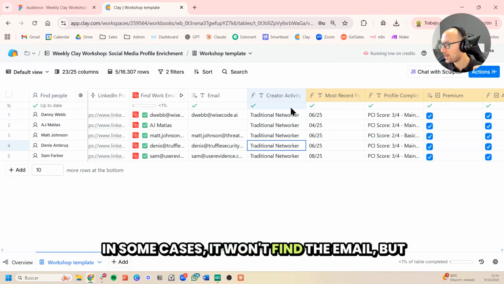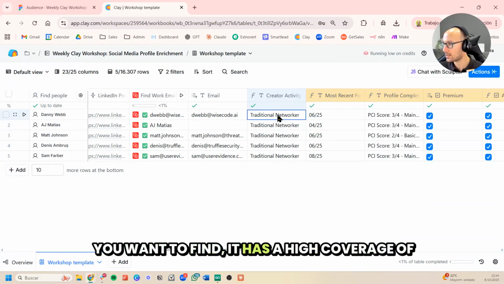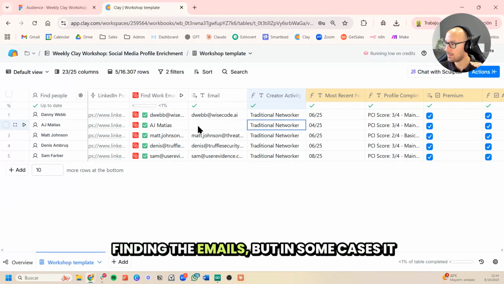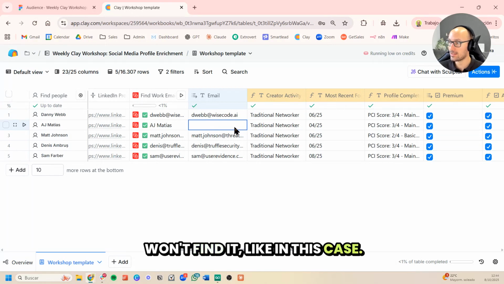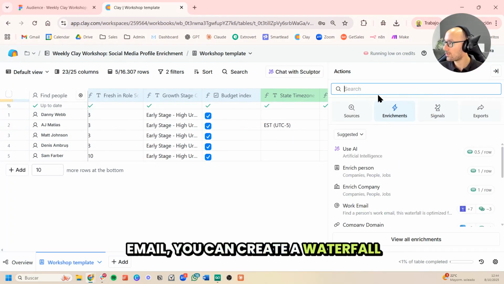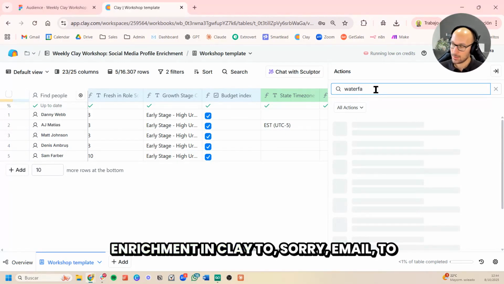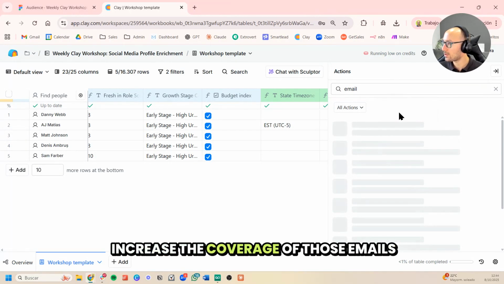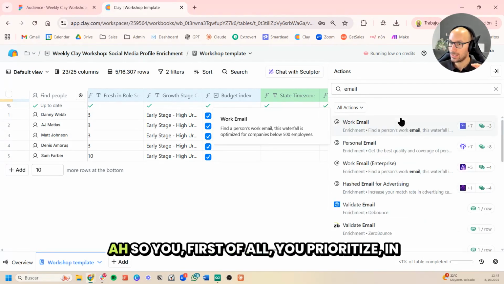In some cases, you won't find the email. It has a high coverage of finding the emails, but in some cases, you won't find it, like in this case. For those cases, you can create a waterfall enrichment in Clay to increase the coverage of the emails found.